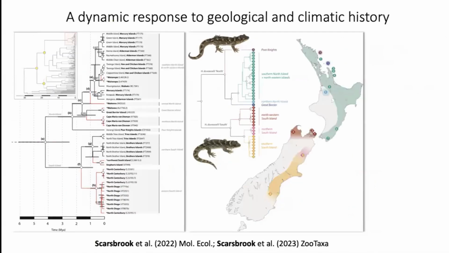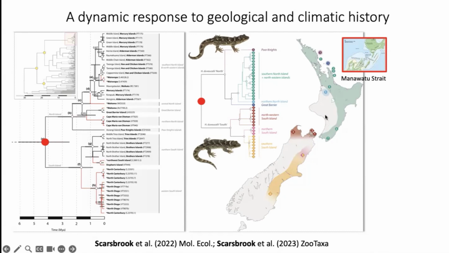So if we reconstruct the evolutionary tree of geckos, what we can see is the split between Duvaucel's on the North and South Islands about 5 million years ago, like with Manawatu Strait. So much so we named a new species and we got gifted the name Tohu gecko by Te Atiawa. So this is named after one of the Parihaka prophets, Tohu Kakahi, who was arrested by the English in Taranaki, sailed past the type locality Three Brothers to Nelson, then sailed down the eastern South Island past the prehistoric range to Dunedin,